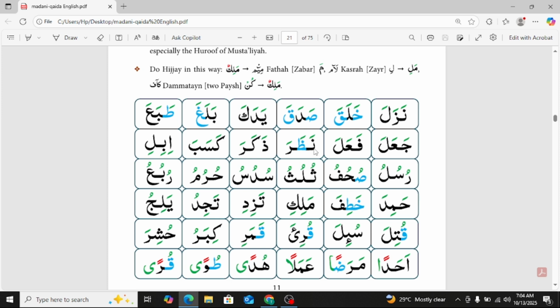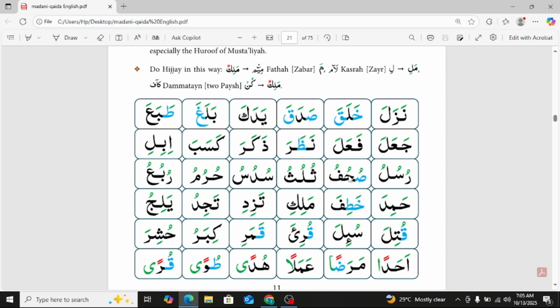Now I read three-letter words. Noon Zabar Na, Sa Zabar Wa, Ra Zabar Ra, Nazara, Dal Zabar Da, Kaf Zabar Ka, Ra Zabar Ra, Dakara, Kaf Zabar Ka, Sin Zabar Sa, Ba Zabar Ba, Kasaba, Alif Zer I, Ba Zer Bi, Lam Zer Li, Ibili, Ra Pesh Ru, Sin Pesh Su, Rusu, Lam Pesh Lu, Rusulu, Suad Zabar, Suad Pesh Su, Ha Pesh Hu, Suhu,